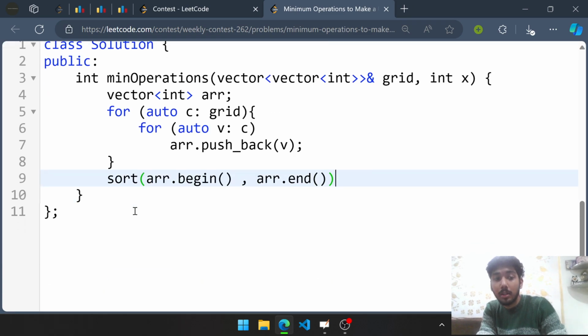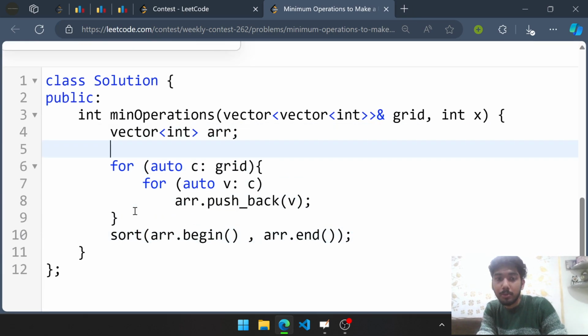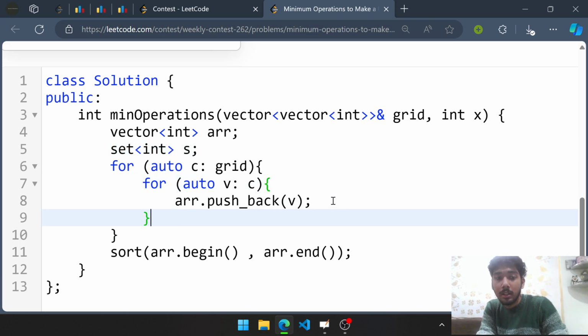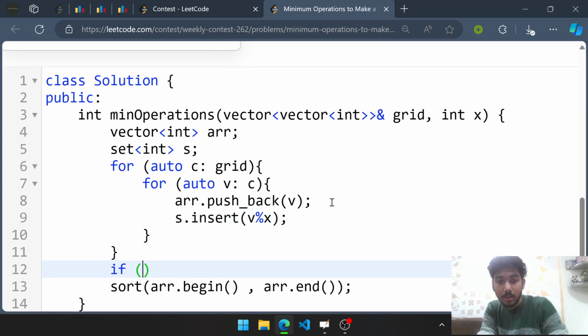And so now for it to be ever the answer, the mod of x for every one of them should be equal, right? I'll also like to insert here s dot insert v mod x. Right. So if